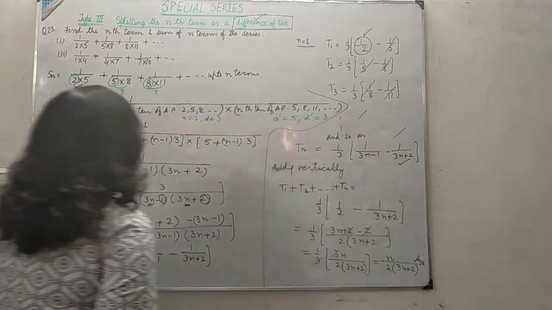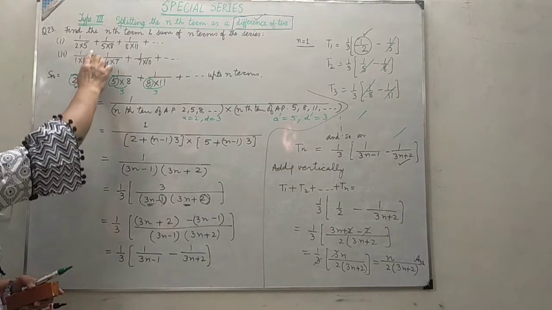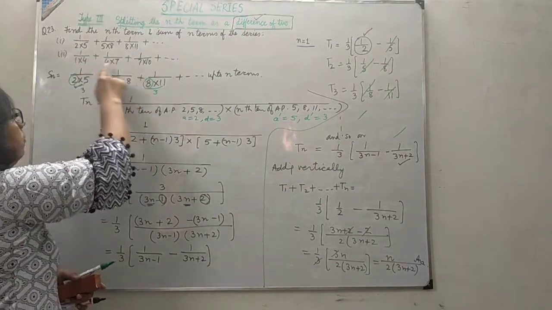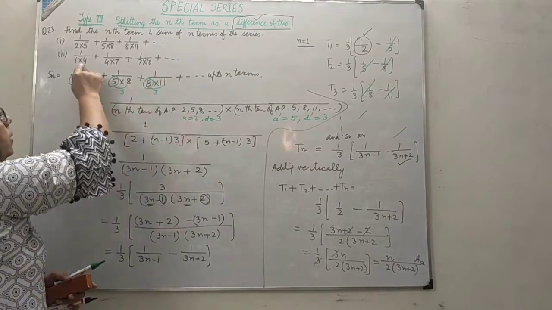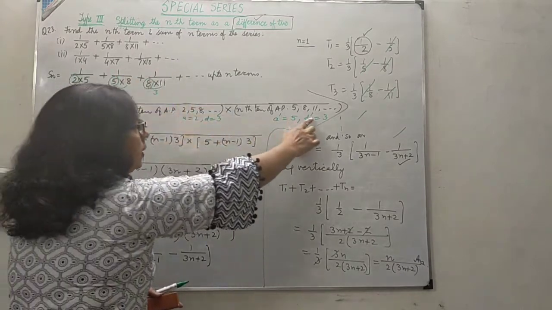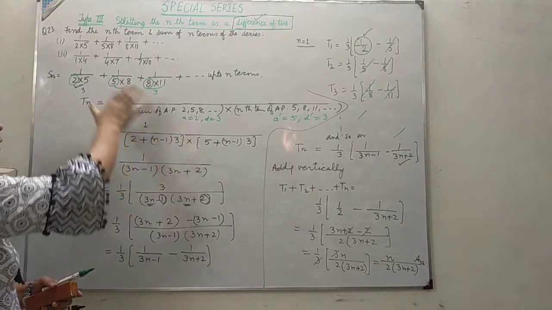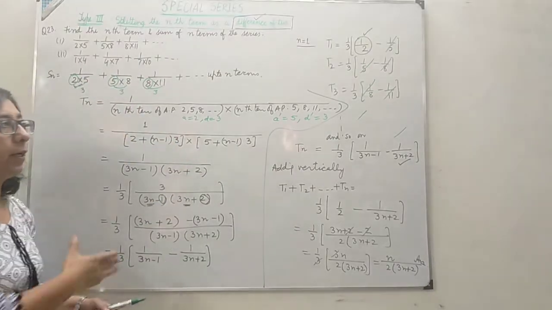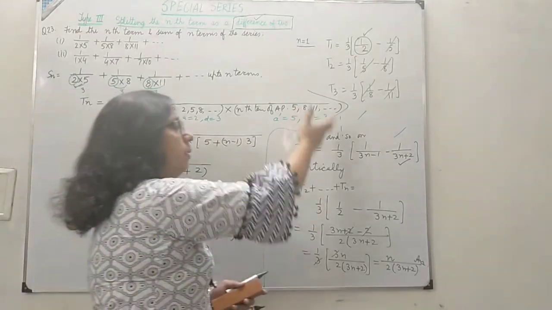In the same way, you can do the second part. I think it is the same way. We can again see there is an AP 1, 4, 7, etc., and this 4, 7, 10, etc., like this. Again you will check the differences of 3. So divide and multiply by 3 and break it into two terms and apply the same procedure.